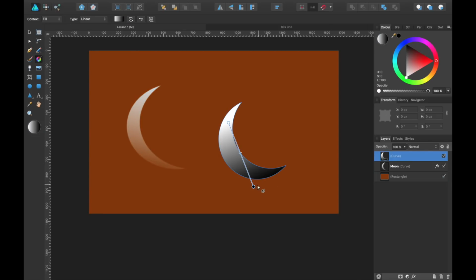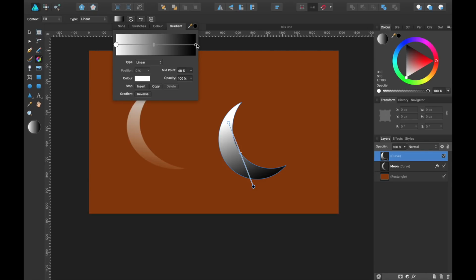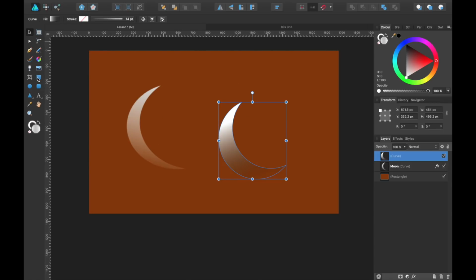So if we go back onto our moon again, if we wanted this to fade out into any color that was in the background, we head back up to the gradient and we select the black and we hit opacity and we'll bring it all the way down. So now you can see there is literally nothing in the background. So whatever you create and put in the background might go through it.